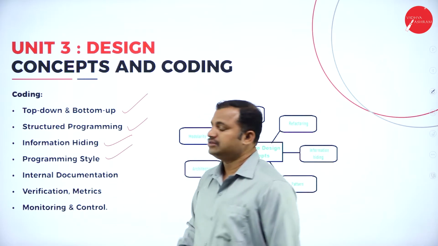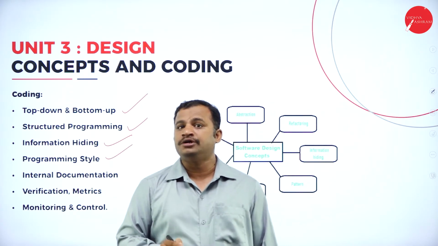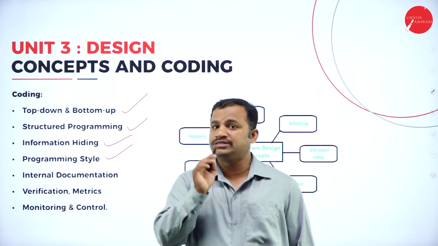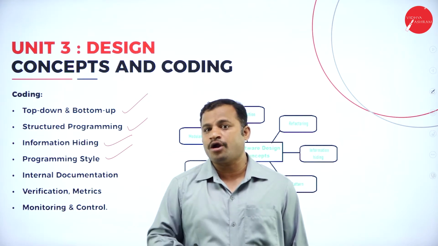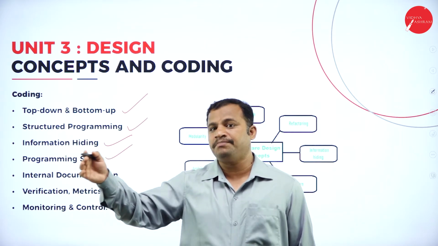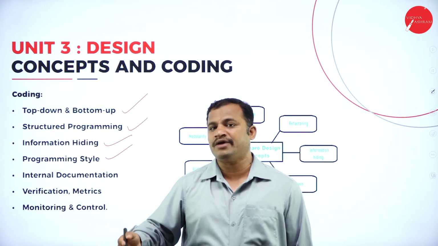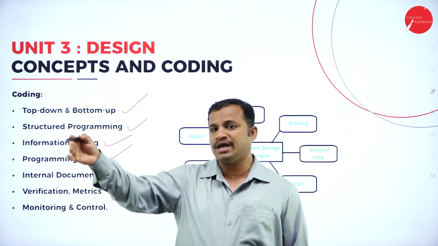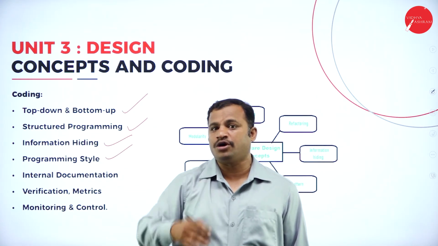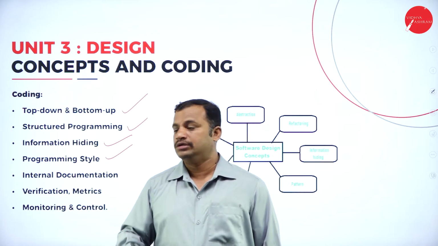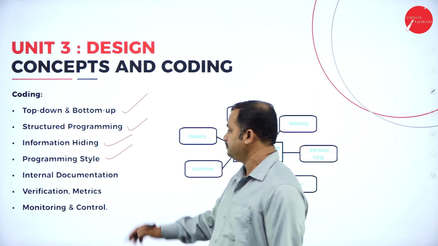Programming style. The style of programming we adopt is also very, very important. For example, if today I am a developer who develops a software product, immediately after developing it, on the one side I will write down the comments: what is the functionality of that code block or segment, what is the task of that. All those must be followed. That is called programming style.